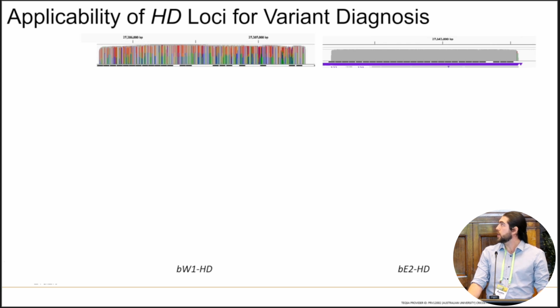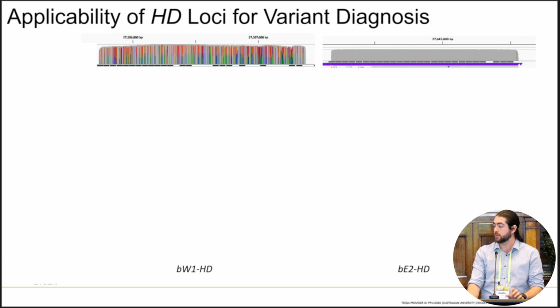So now that we'd amplified them, we did nanopore sequencing with them. And this is one of the outputs we got. Here, this is the reads mapped to the reference genome. All the bits in grey match perfectly to the reference genome. You can see for this example, the BW1 HD gene has a lot of variation. All those coloured bars are different SNPs compared to the reference genome for this sample, while the BE2 HD gene